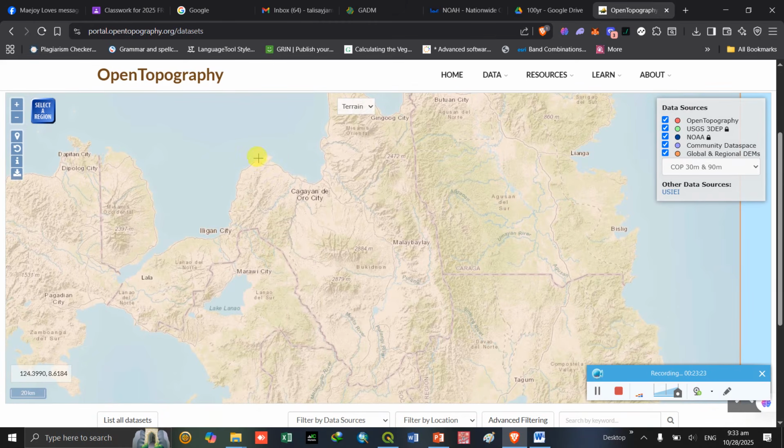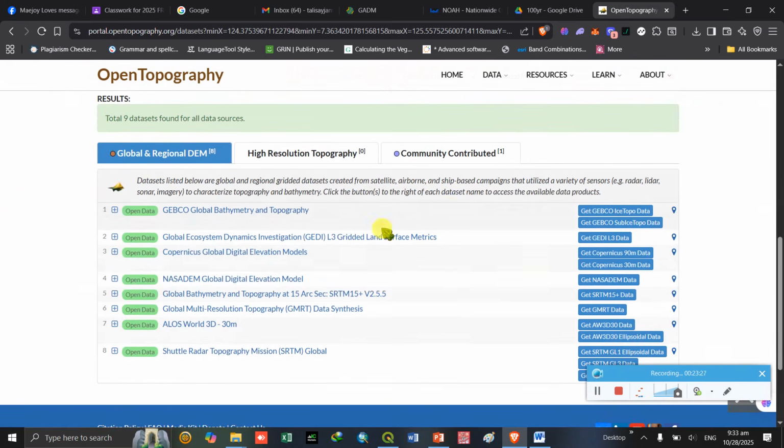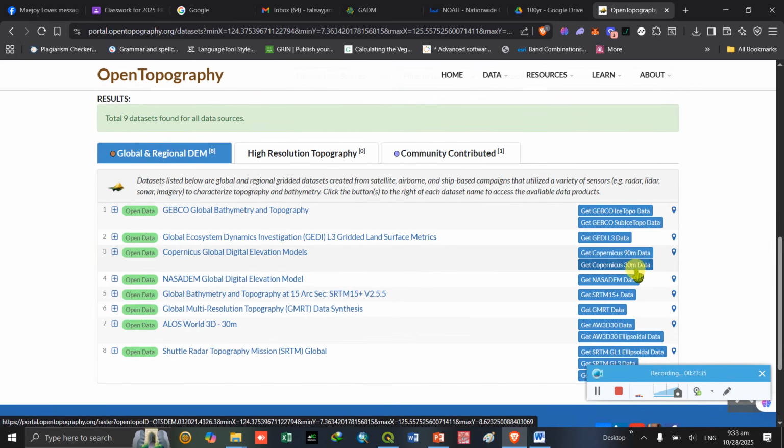So I just need to draw a polygon, say this one, and then I just need to have a DEM, say 30 meter resolution. Okay, 30.